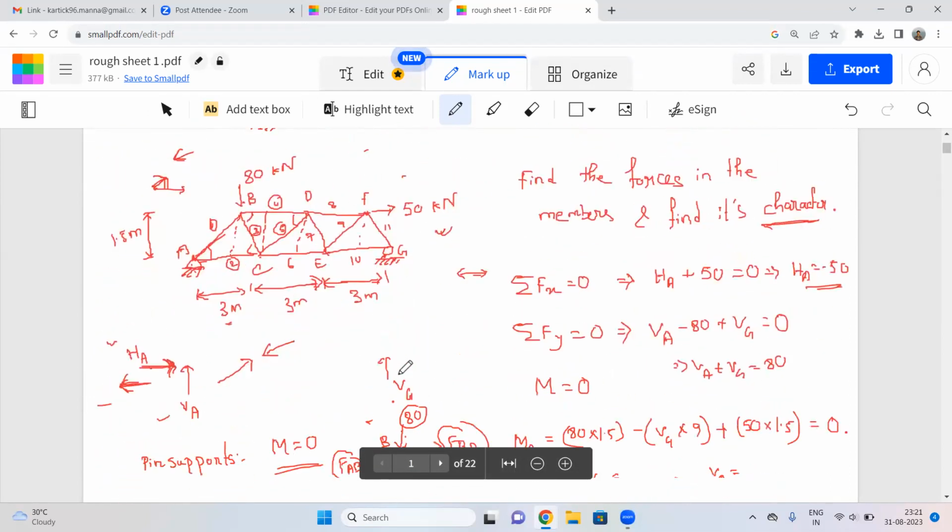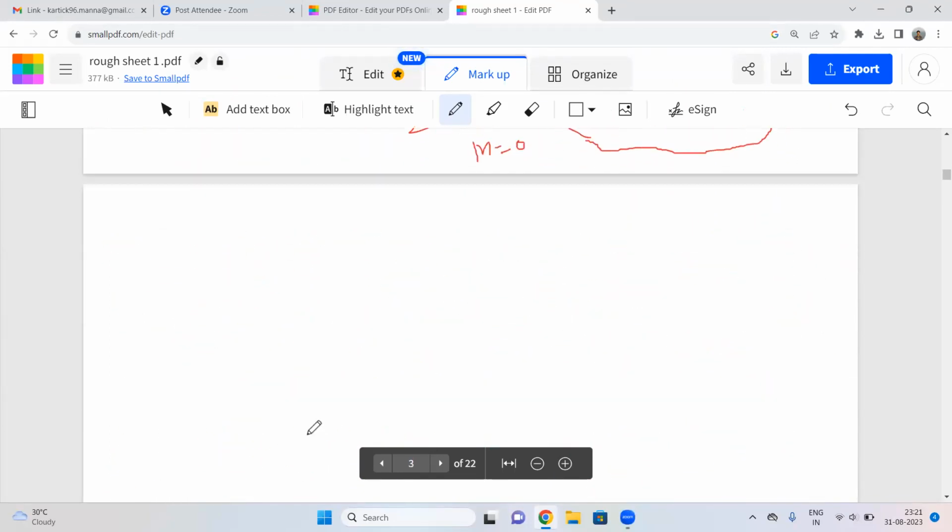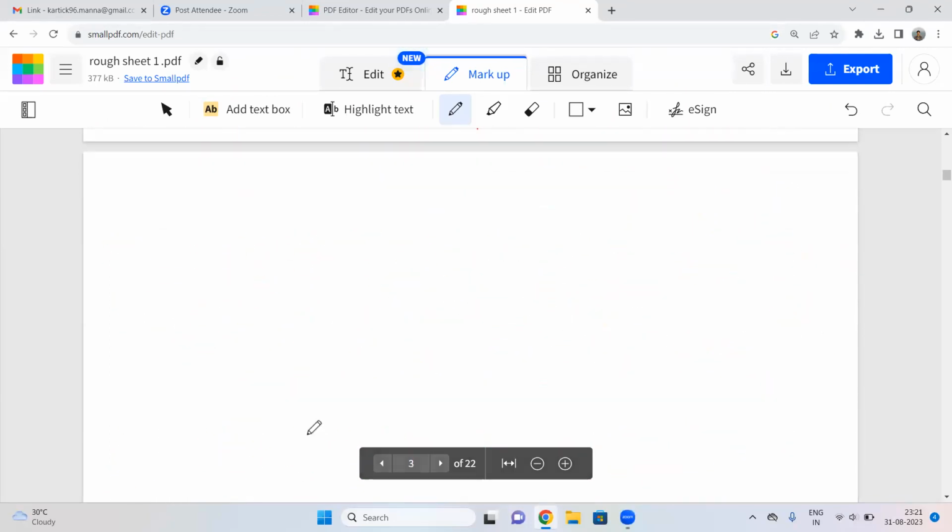Now there are some shortcuts for trusses that we will discuss now. Suppose